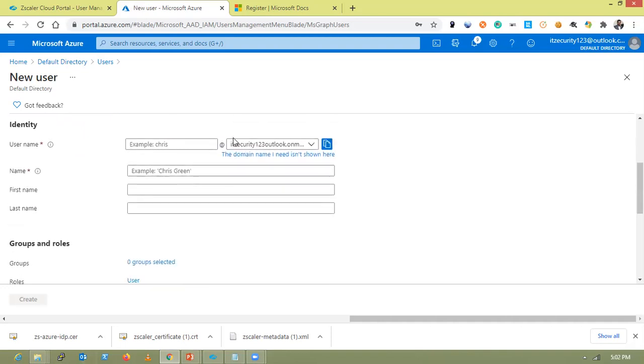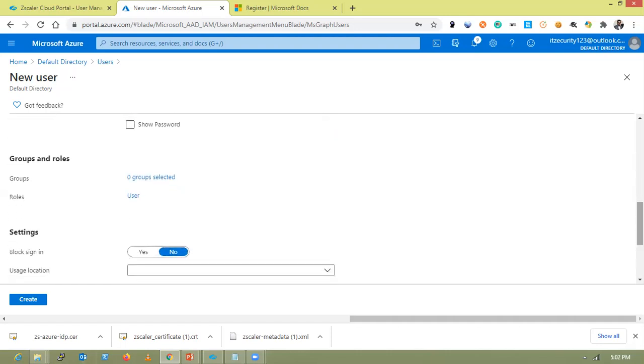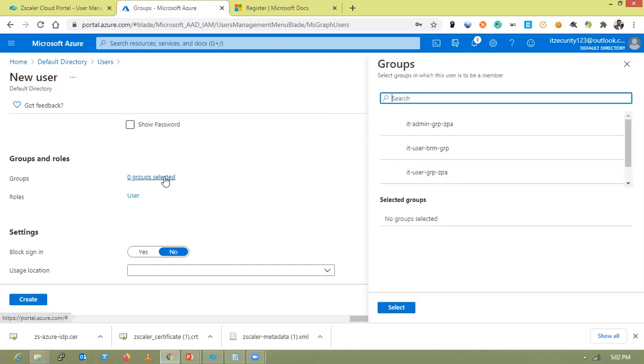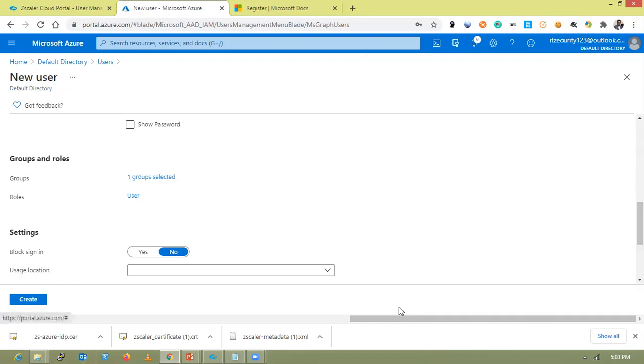Enter IT user 3, and the name of the user is IT user 3. The password will be auto generated, and this user is part of the IT user group. Click create.